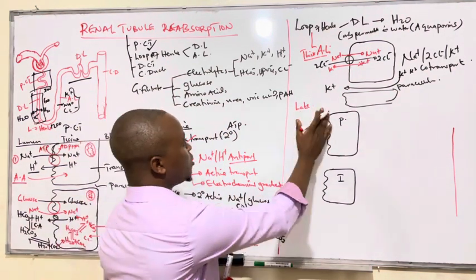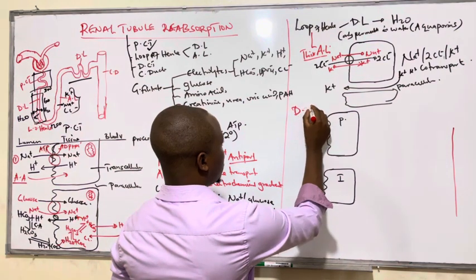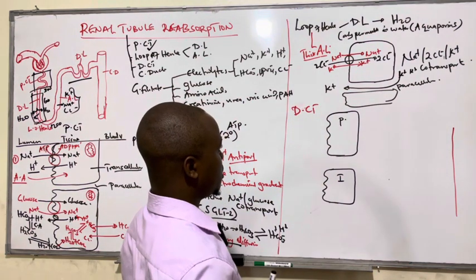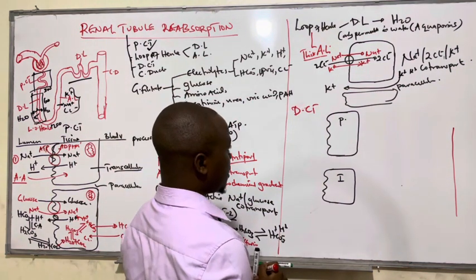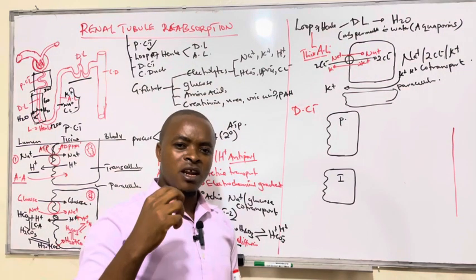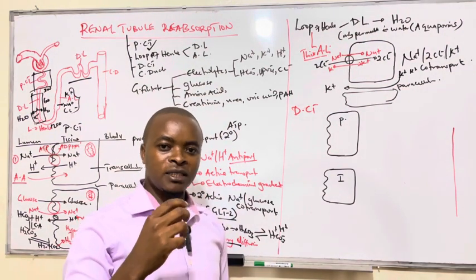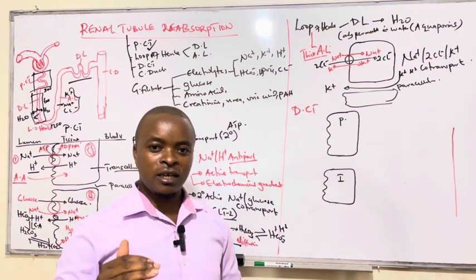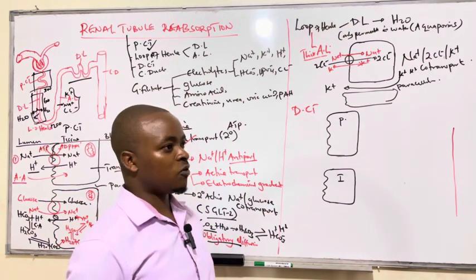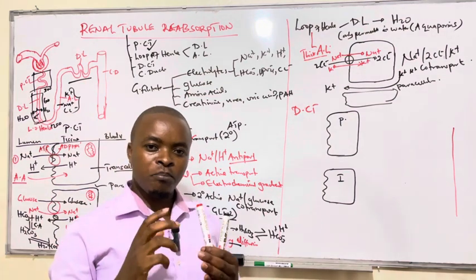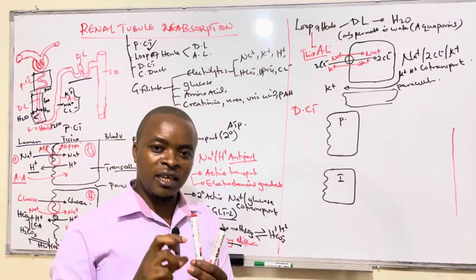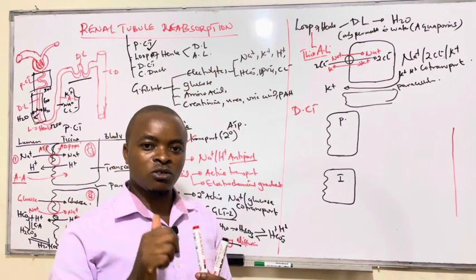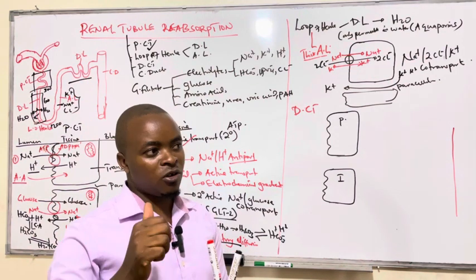And in the distal convoluted tube, it is divided into two: the early part of the DCT and the late part of the distal convoluted tube. And major reabsorption, we see it in the late part of the distal convoluted tube, whereby in the